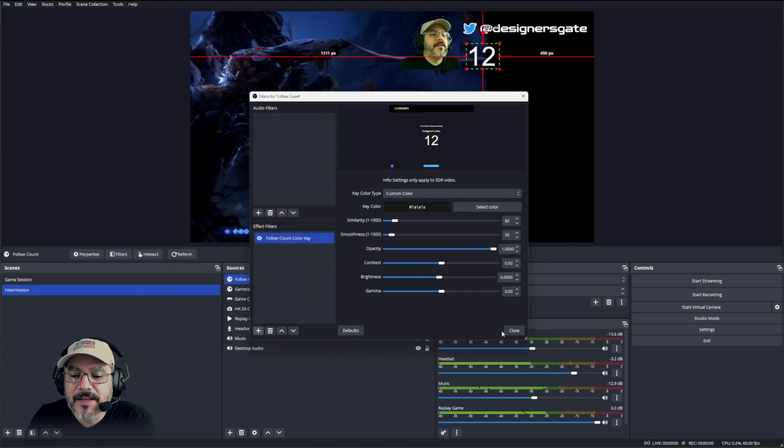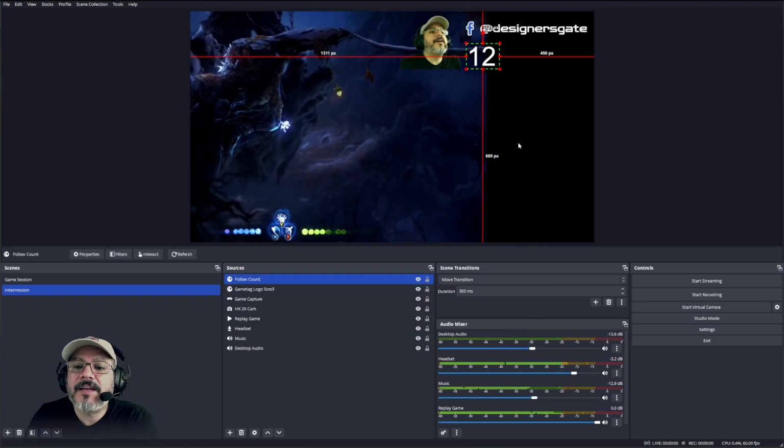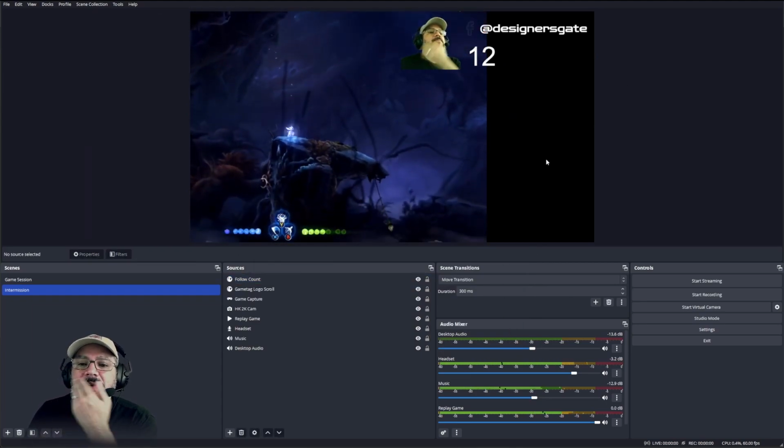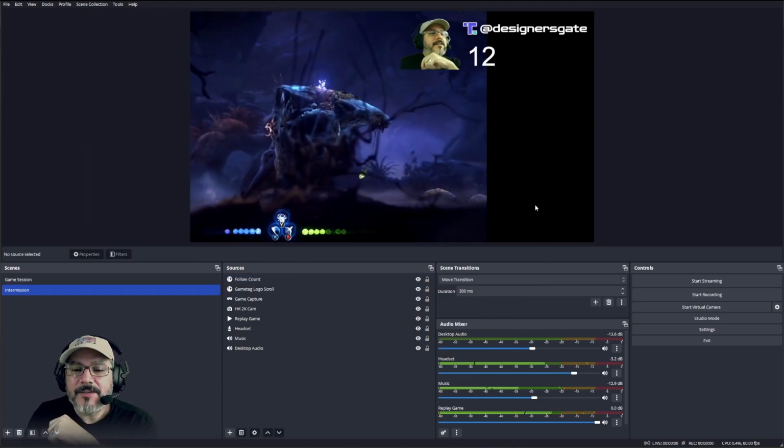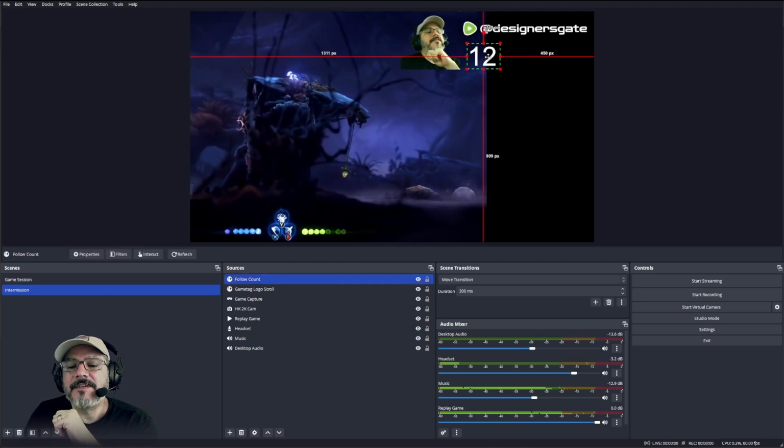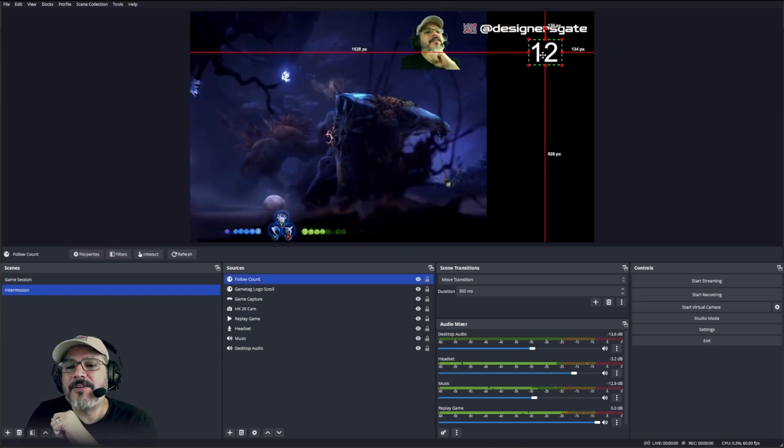Yep, perfect. So I say okay, and now that is a transparent item that I can use,